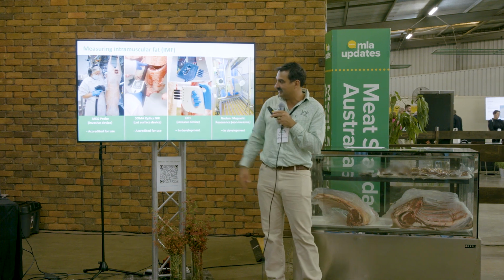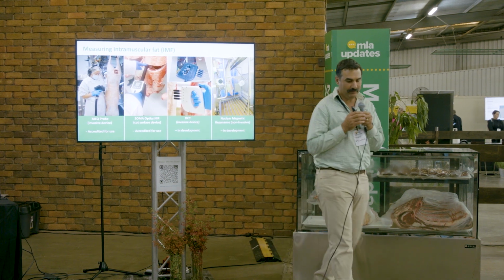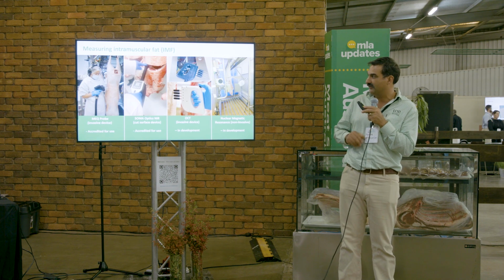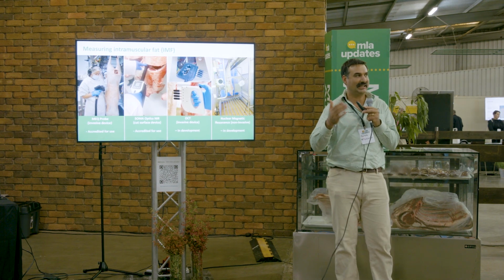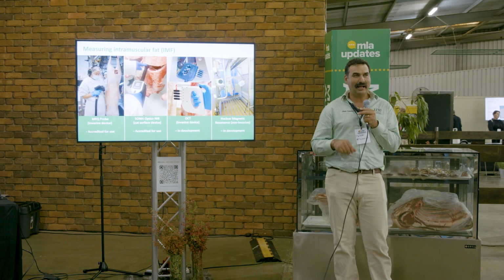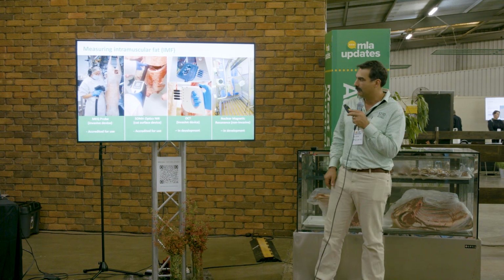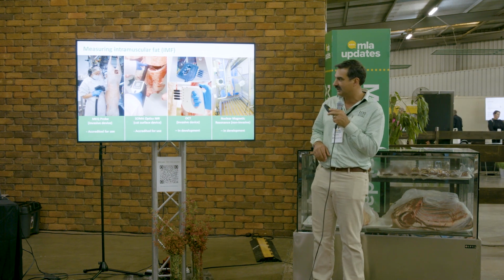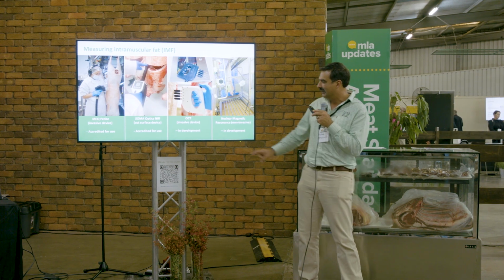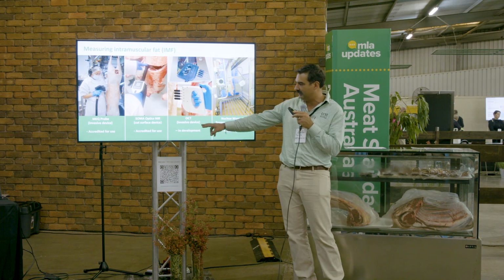This one is the Soma Optics, so out of Japan, so it's approved as well for a bit wider range, but it's a cold device, so the carcass and the meat needs to be cold before you measure it. So, probably more suited to smaller operations or segregation of the loins. And then a couple that are still in development